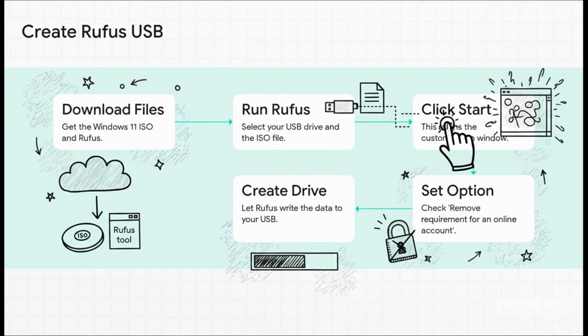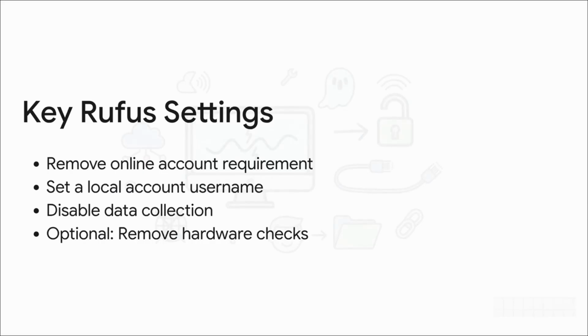Then you just point Rufus to your USB drive and that ISO file. The moment you click Start, this special customization window pops up, and that's where the real power is. In that little window, you get all these powerful options. The most important one, the whole reason we're here, is right at the top. Remove requirement for an online Microsoft account. You can even preset your local username and turn off a bunch of data collection stuff right here before Windows